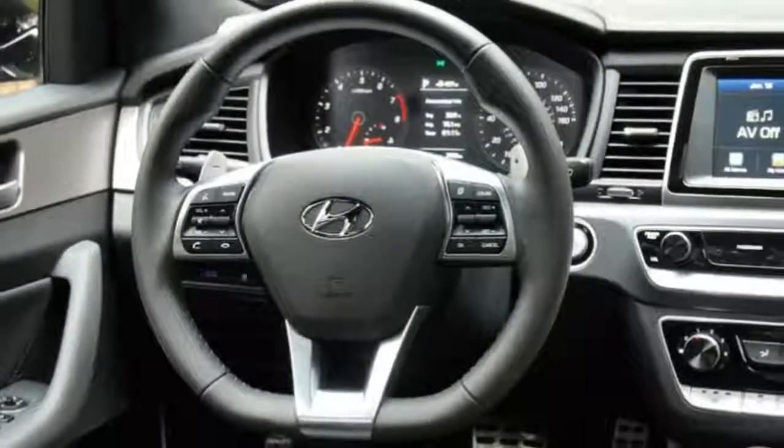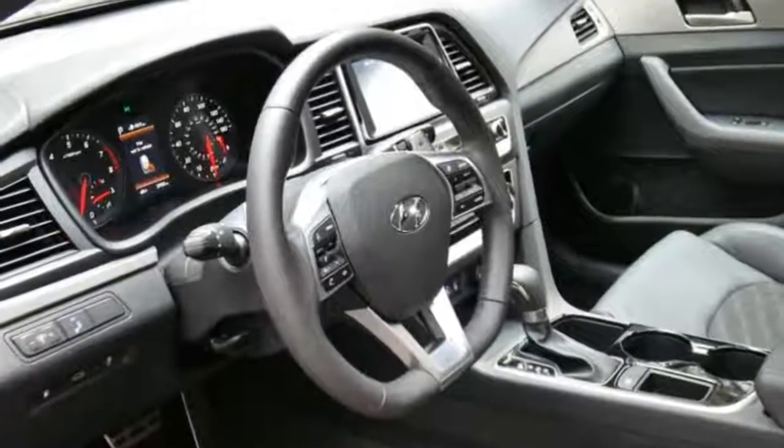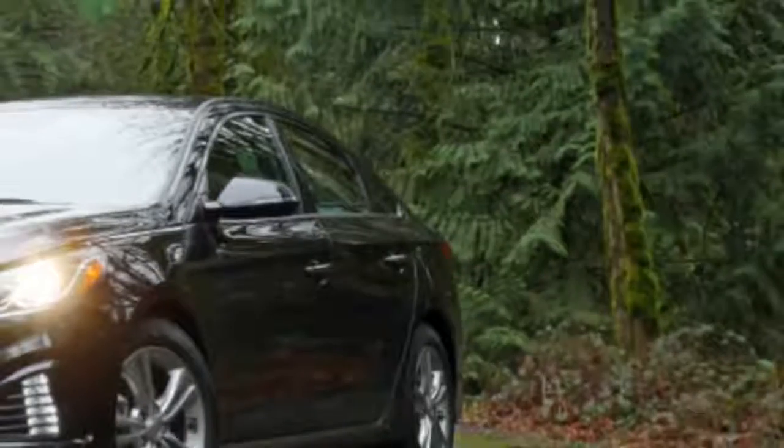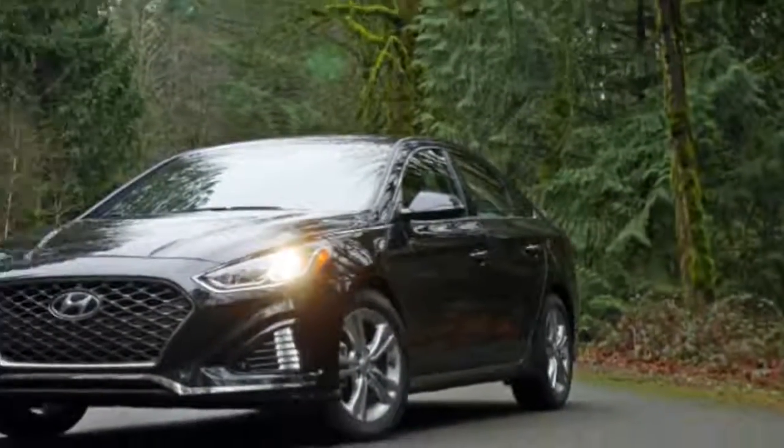Fair enough. The rest of the cabin is basically unchanged, which means it maintains its user-friendly controls, somewhat stuffy Germanic appearance, and unremarkable materials. Space is typically mid-size sedan generous,